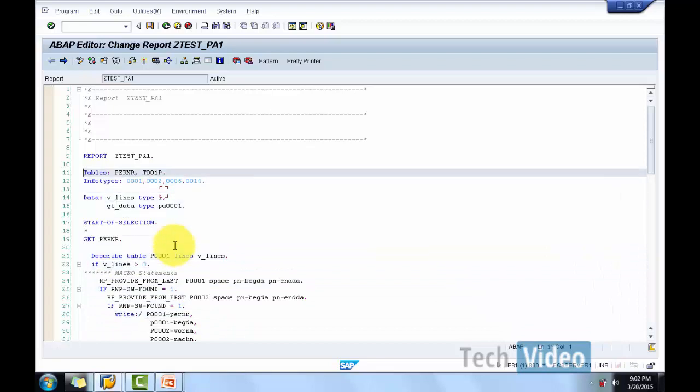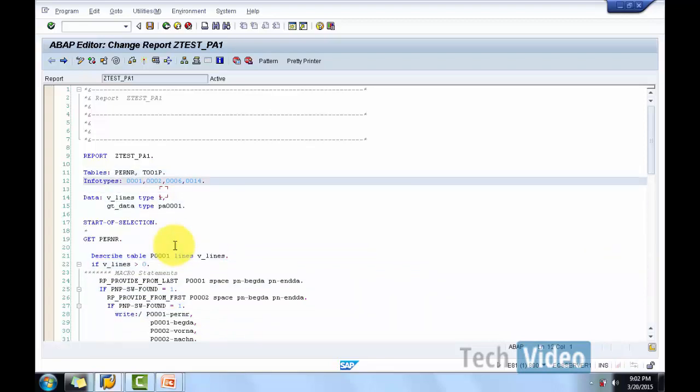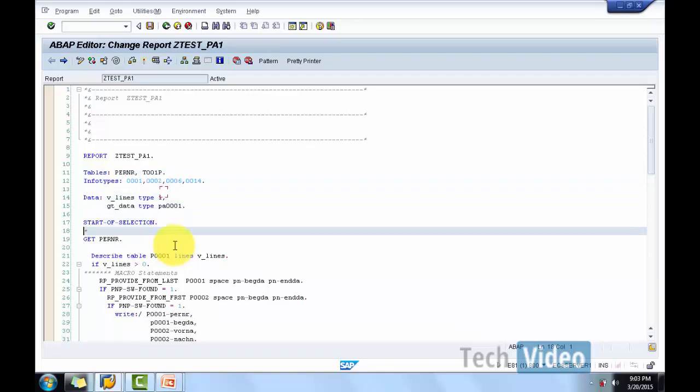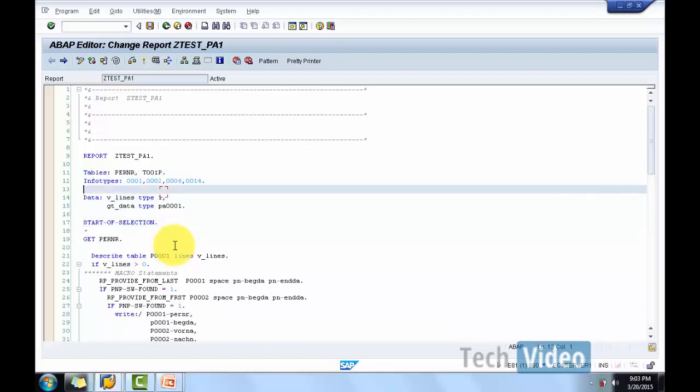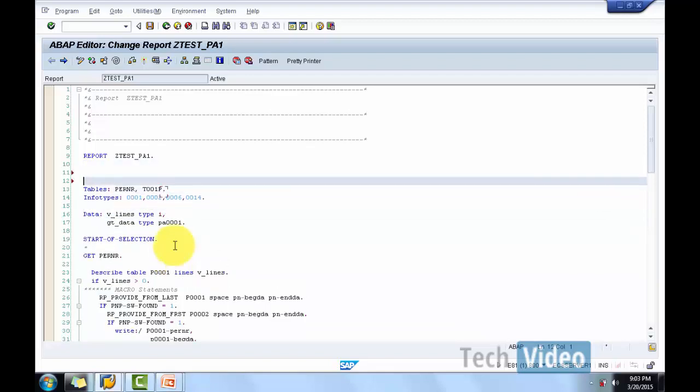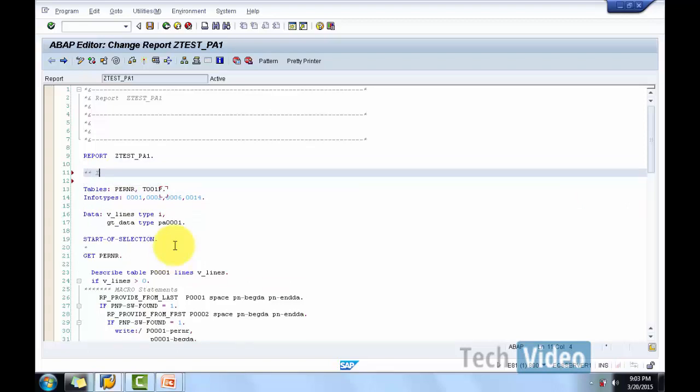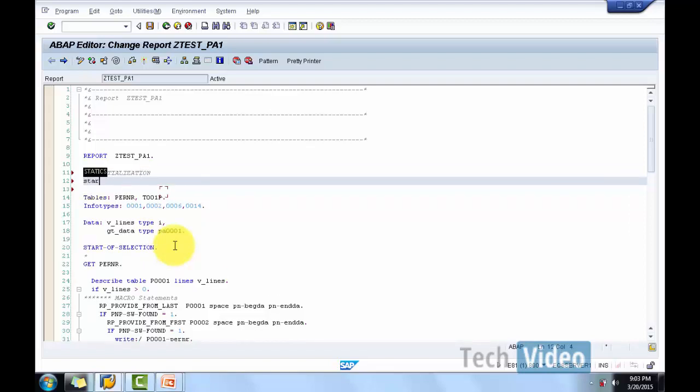As you can see, I have declared table statement, Infotype statement and some variables. I have given start of selection. Remember, if I am not providing the other events such as my initialization event, my start of selection, these are all possible additionally, but for our sample program I am directly coming you to concepts of each of this. All this inclusive with this event will be taking in one final example